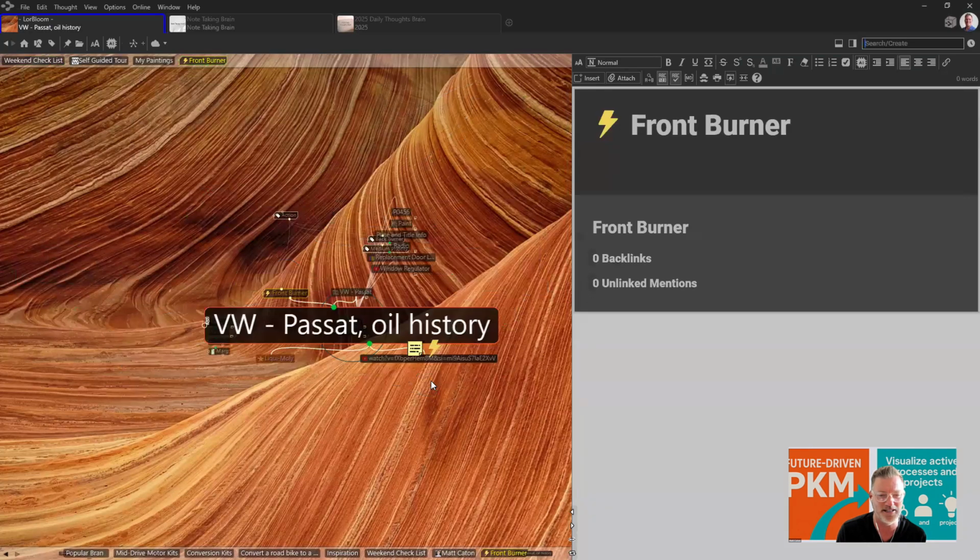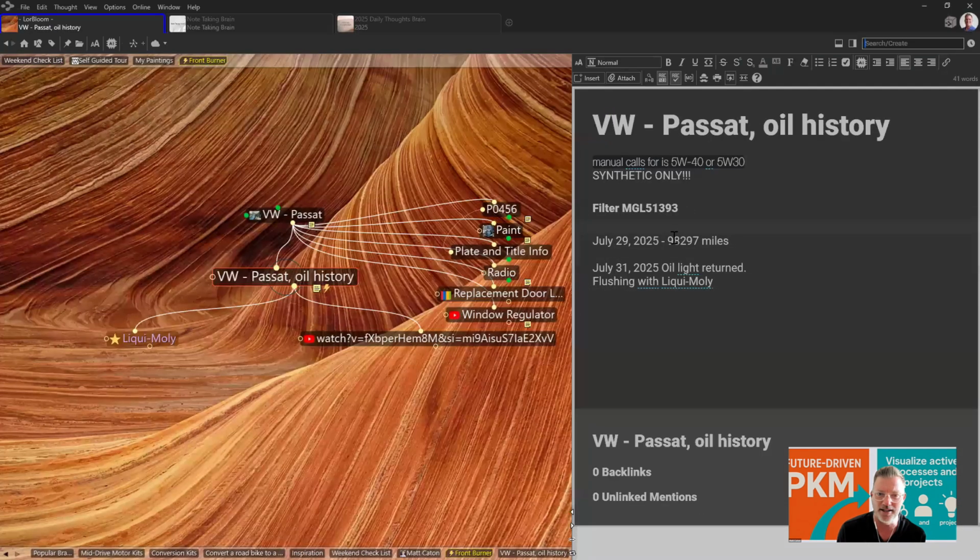If I go to my oil history, notice that, oh no, I already fixed it. The date range was typed there a little bit differently because I have it set up differently on my phone. And I was in the car with my iPhone and I set the date July 29th for how many miles were on the odometer when I changed the oil. So the date format was different, but I went back and manually changed it. So I'm using this brain on my iPhone and here on my local machine, always available to me to take notes in the future.